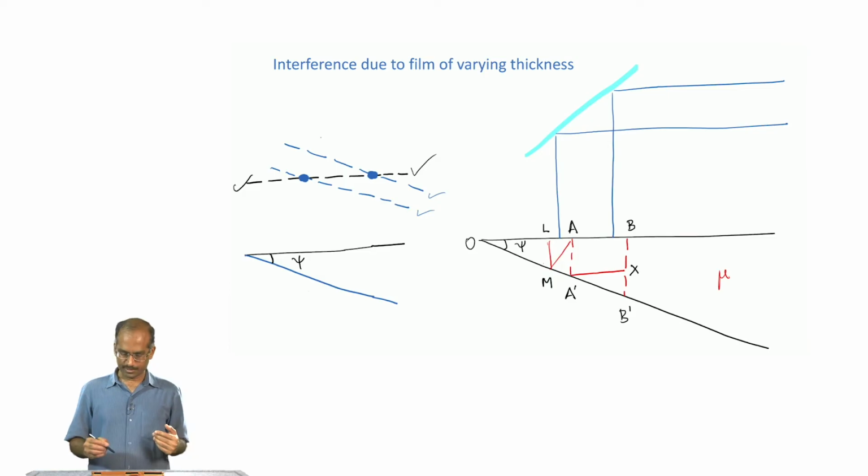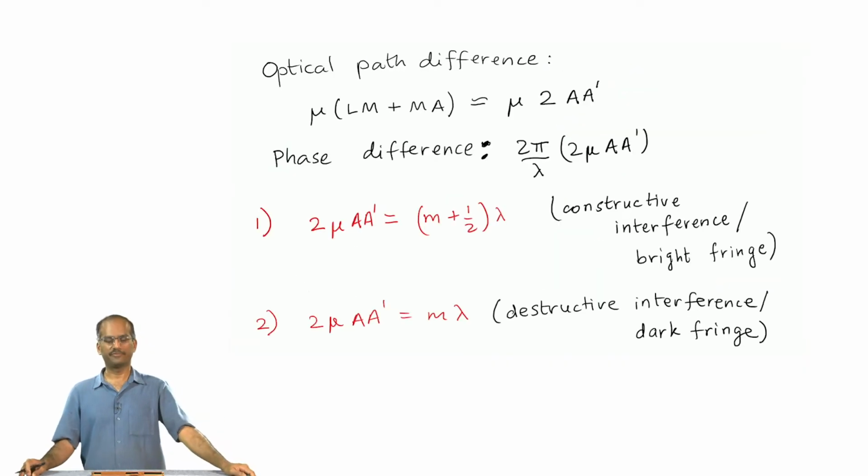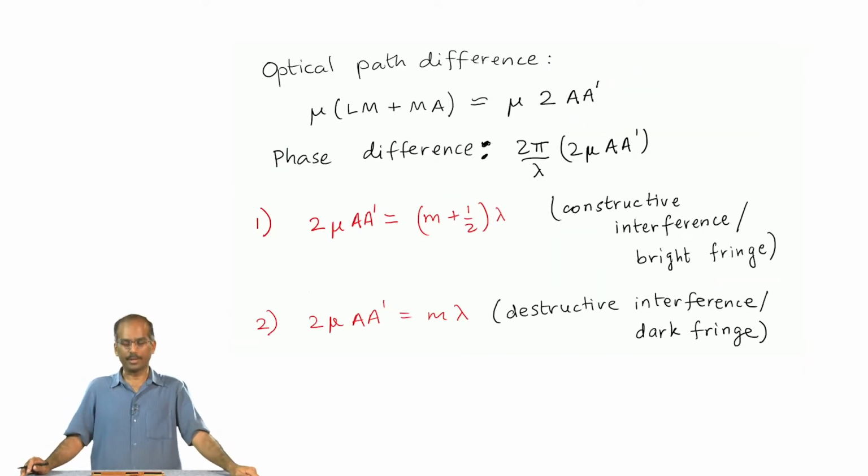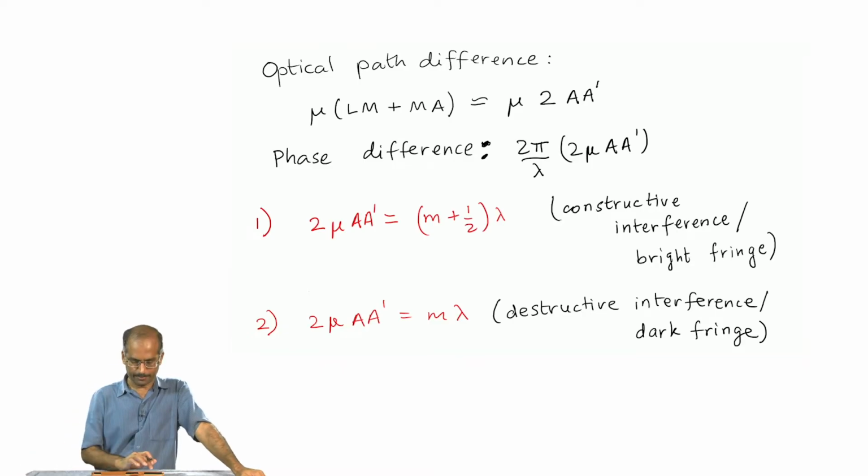The path difference is simply LM plus MA. So, my optical path difference is mu multiplied by LM plus MA,